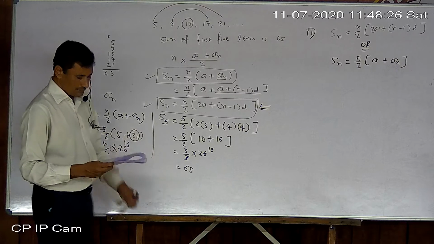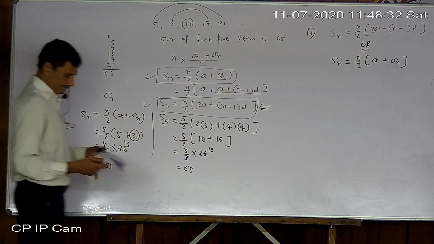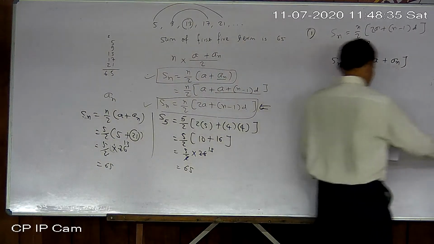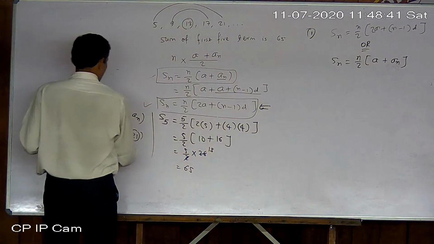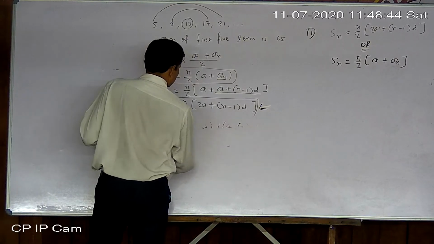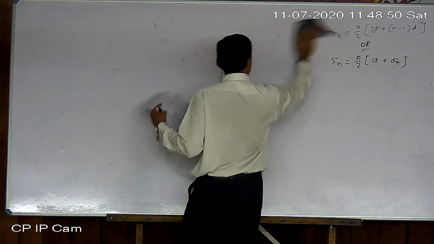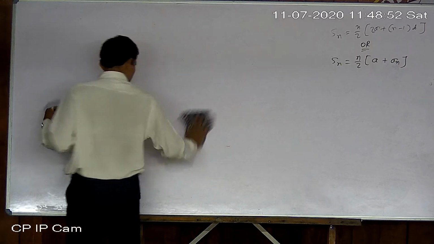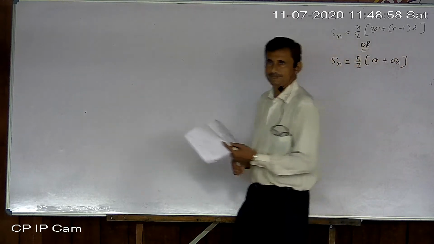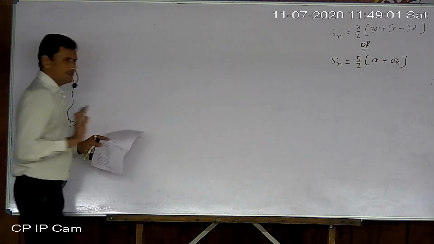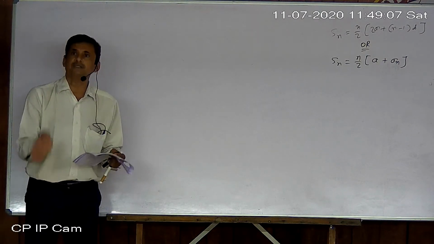Find the sum of the following APs. First, 2, 7, 12 up to 10 terms. In the second one, negative numbers are there. In the third one, decimals are there. In the fourth one, fractions are given. So they have given minimum examples, but of different types, meaning numbers are in different forms. Now I take, first of all, number 4. All are of the same type, only numbers are given in different ways: fractions, decimals, negative integers, positive integers.